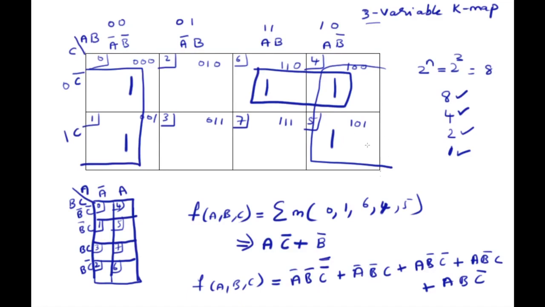So the other way of asking a question is, it can be in a truth table form. They can give you a truth table of total how many combinations? 8 combinations, so 000 to 111. In that way, I'll just write a truth table and I'll place 1, I mean output is 1, only at 0, 1, 6, 4 and 5 at these places. By that I can plot a K-map and I'll get a solution for that. This is the small reduced expression which I got.